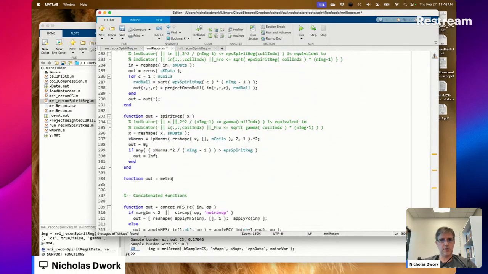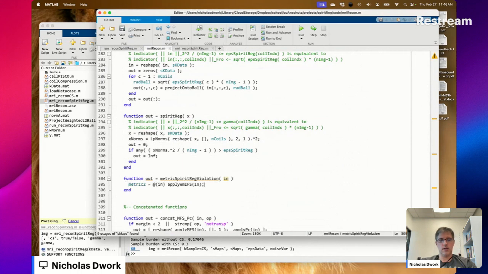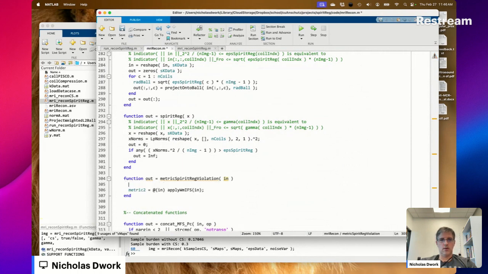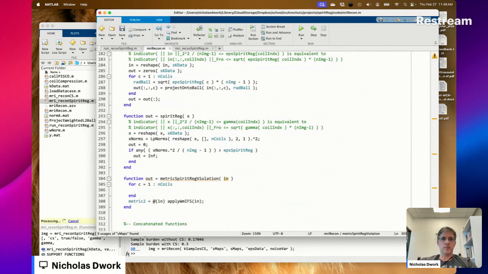Function O equals metric spirit reg violation in, and for C equals 1 to n coils, and IFS in, if norm